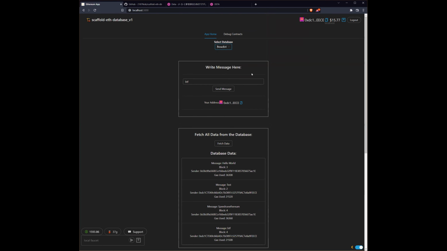So let's say, for example, you had a blockchain chat, clicking this link here, I could be clicking to a different chat that would be between different people. So then you could come in here and send a message, and then it would be in that specific chat, or in that specific database. So then if I fetch the data,